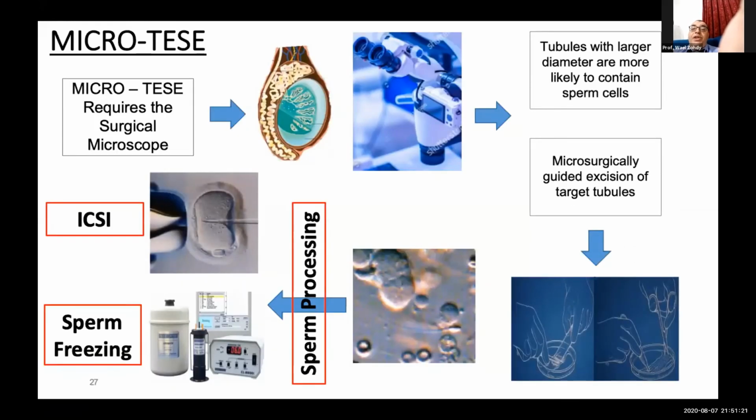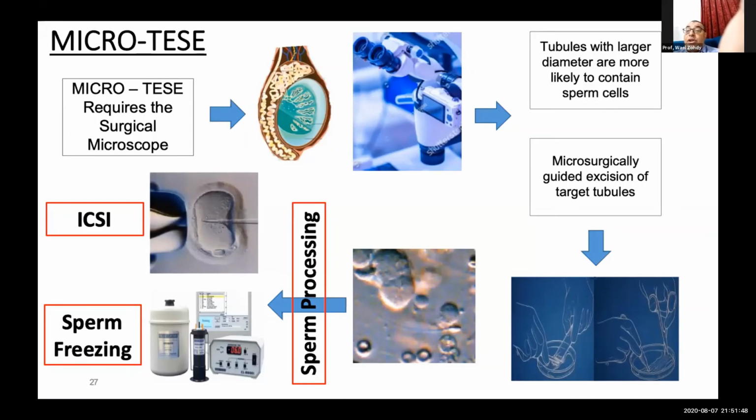This slide briefly describes the micro-TESE. Again, we need microsurgical skill, a good surgical microscope, and under optical magnification, we select the widely dilated seminiferous tubules. We published a paper in Fertility and Sterility about 10 years ago, and we had a cut-off level of 300 microns. So this is a good cut-off level where we can